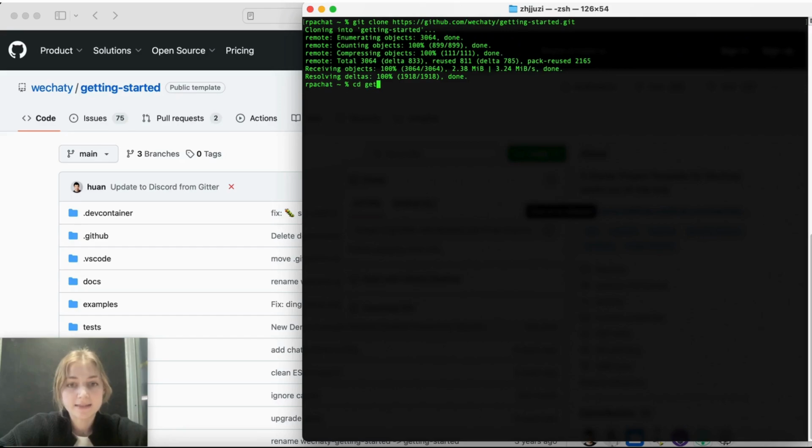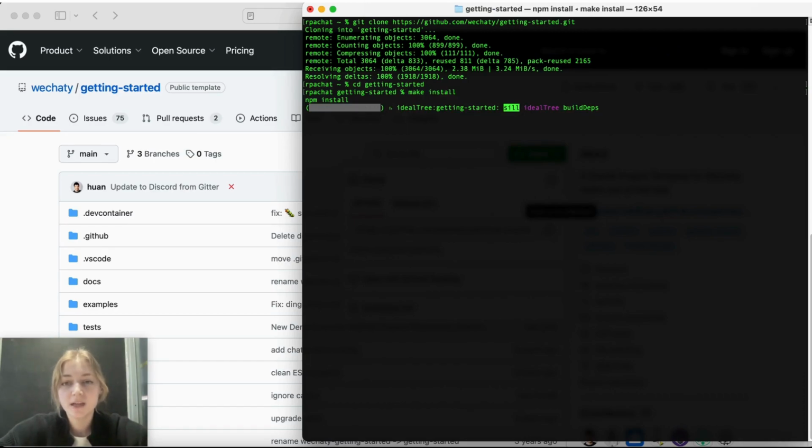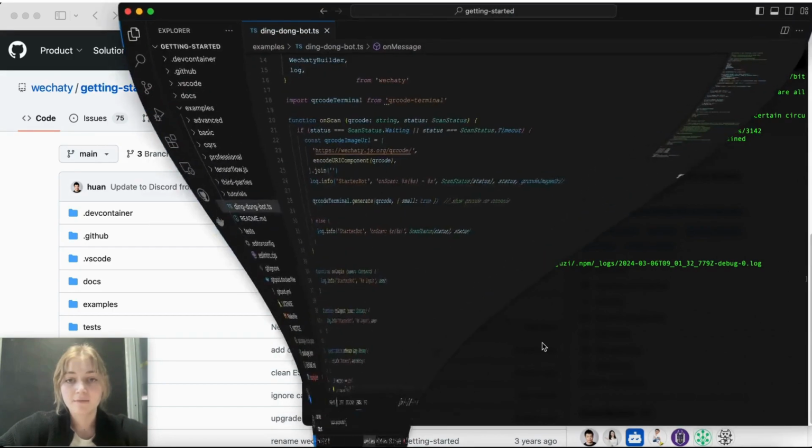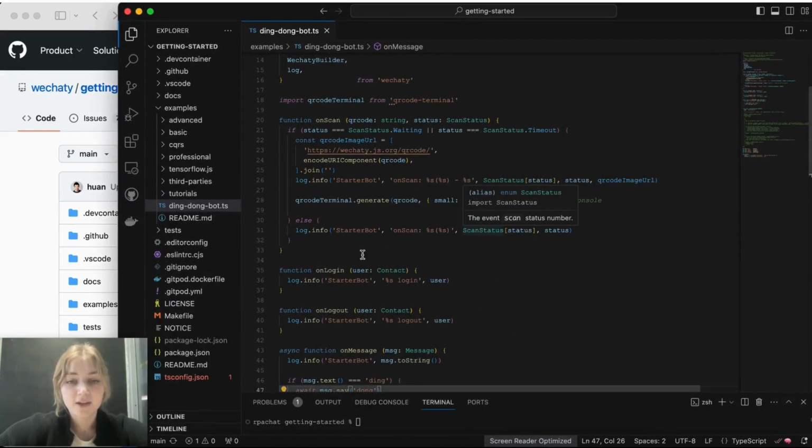Then we'll go ahead and cd into our project file, and we'll first use make install to install all of our dependencies that we need for deploying the Ding Dong bot. Just note that this requires already having Node.js and npm installed on your local device. With everything installed, I'll go ahead and open the Ding Dong bot file, and first taking a look at the